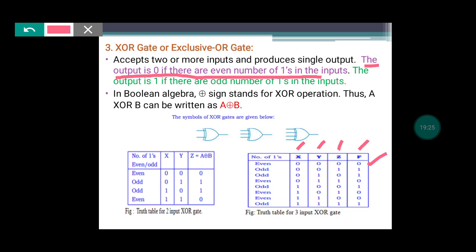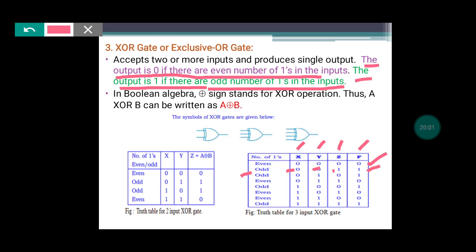Now see the second one. How many ones are there? X has value 0, Y has input value 0, Z has input value 1. So X is 0, Y is 0, Z is 1. So 1 has appeared how many times? It has appeared 1 time, which means an odd number of times. So at that time what is the output? Output is 1, because the behavior is the output is 1 if there are an odd number of ones in